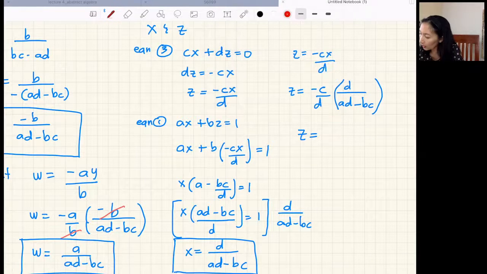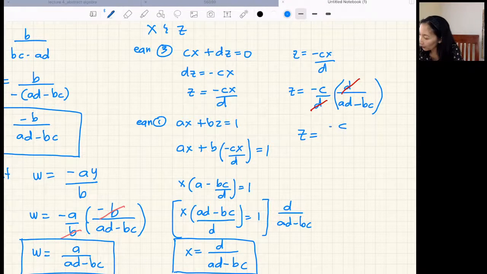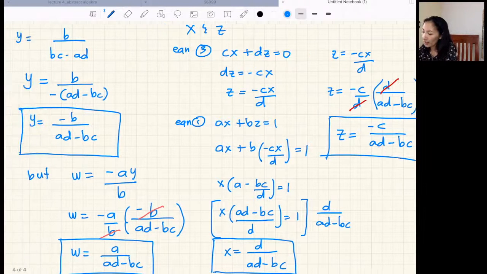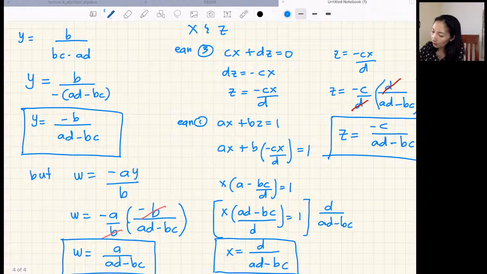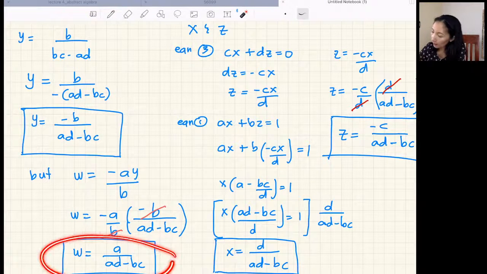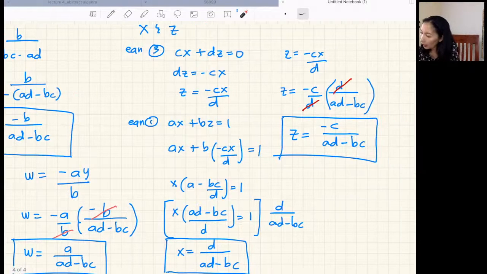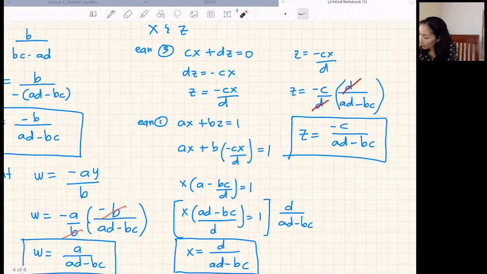Canceling out D, what do we get? D is now equal to negative C over AD minus BC. Okay, so that's it. We were able to get all the four. So, Y is negative B over AD minus BC. W is AD over AD minus BC. X is D over AD minus BC. And Z is this. Therefore, our inverse matrix must be,